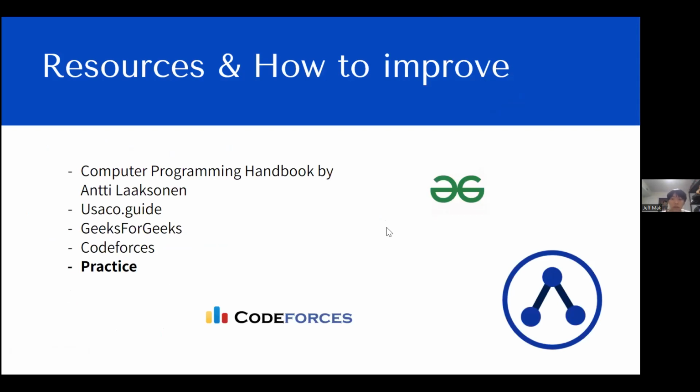Okay, so resources and how to improve. The first one is the Computer Programming Handbook you can find online. It basically contains all the algorithms you'll ever need, from bronze, silver, gold, all the way to platinum, and it goes pretty in depth. Next is the USACO Guide.